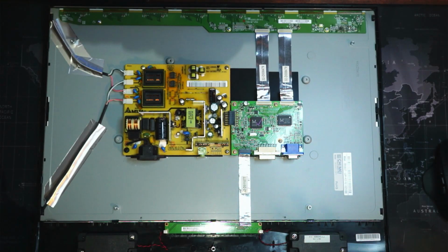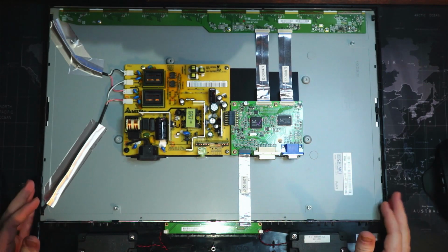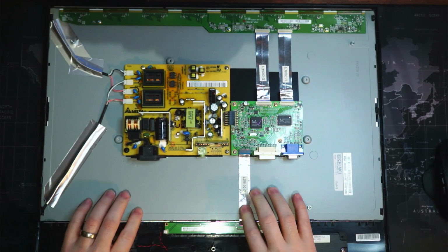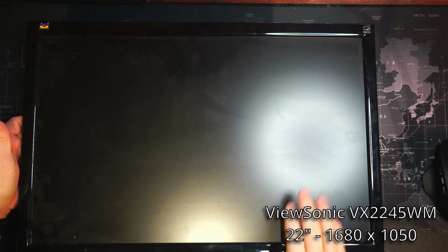Okay, today we're going to take a look at an old monitor that I've had. This is probably about 10 or 12 years old, maybe even longer. See if I can find a date on it. So it's a ViewSonic 1080p 27-inch monitor, and I used it for about 8 years, and an issue started happening